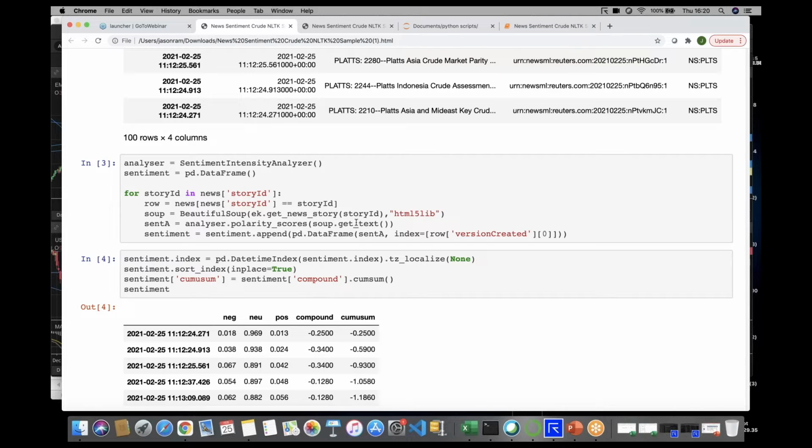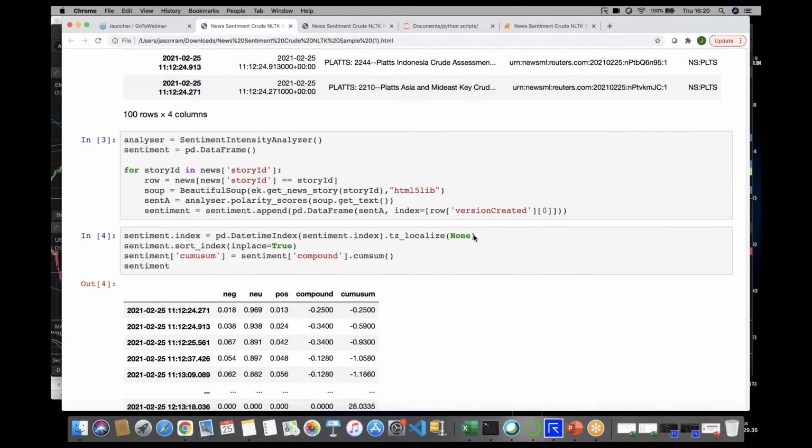So the news is actually pretty printable, but we don't want to analyze those portions of it. We just want to get the underlying text, so we remove all the hyperlinks and images and everything, and then we pass the cleaned object to the analyzer here, and we get our sentiment score. And all we're doing here is appending the sentiment score to the appropriate timestamp for each news article.